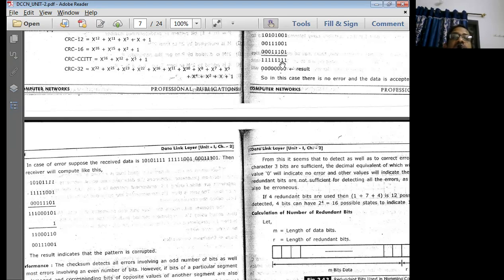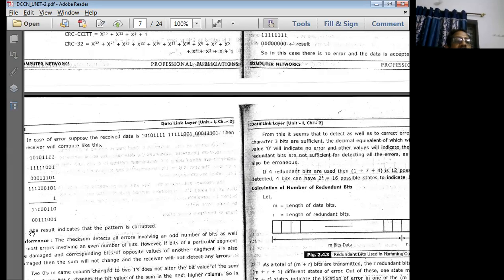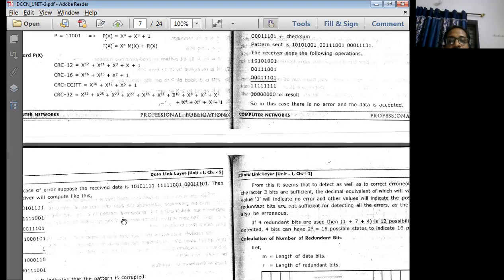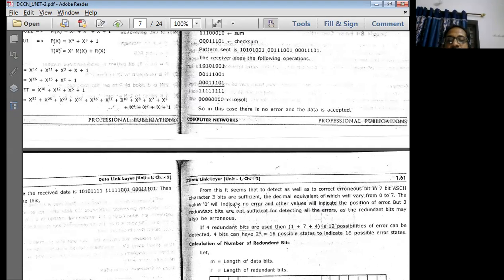Then what about the checksum? The checksum will be coming as it is. 000 11101 000. We simply add up all this. When you add up all these things, it is going to be like this. Then you find the ones complement of this. Definitely it is not 0. Since it is not 0, we say that the data frame is totally corrupted. So the receiver is going to ask for the retransmission of data from the sender.